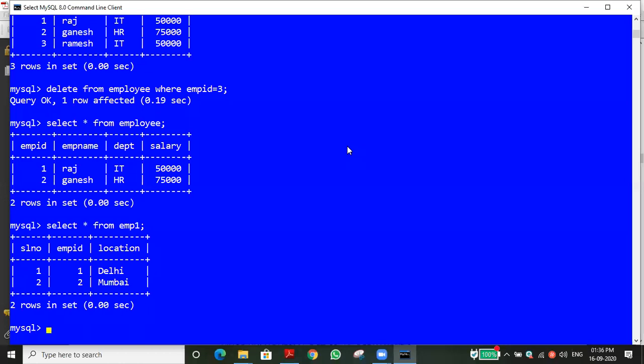Master table data will be used for multiple purposes. For example, transport, fee collection, mark list generation, student academic performance, likewise many things are there. If you delete anything from the child table, it nowhere affects the master table. That is the parent table, for your understanding. If you delete anything in the parent table, it will affect all the child tables.